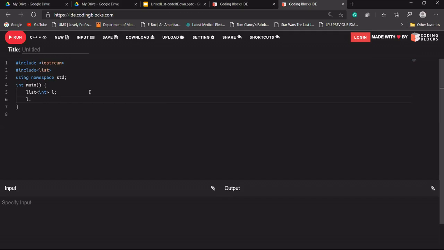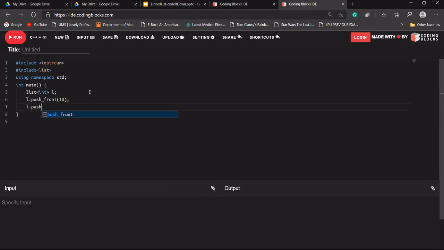STL provides us functions. Suppose we want to add something to our linked list. STL has given a function push_front. This will add 10 at the front of our linked list.